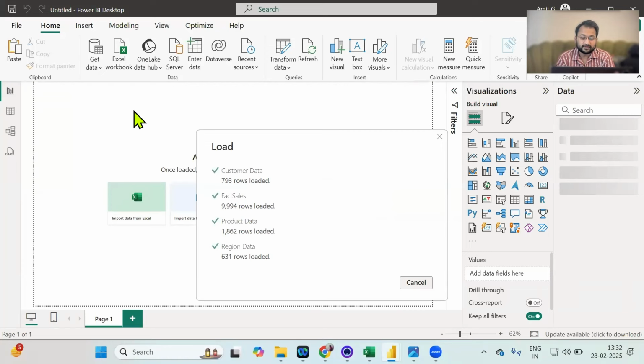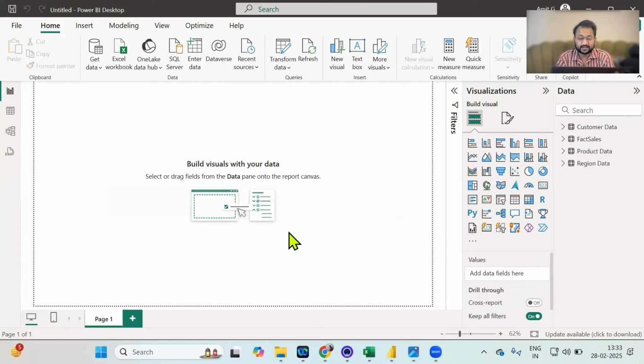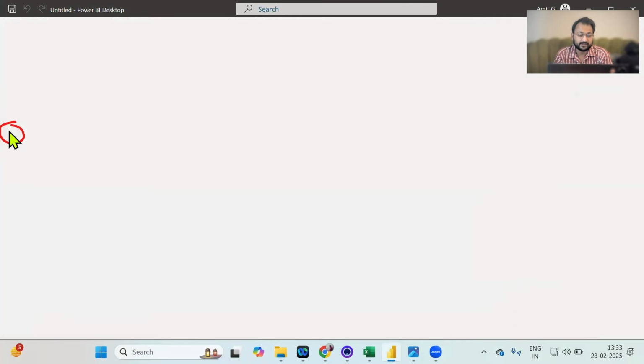So now everyone, when we talk about data modeling, data modeling is taken care of by a component called Power Pivot in Power BI. Like in the very first session, we talked about the components, Power Query, Power Pivot, and Power View. So over here, we are going to talk about Power Pivot. If you click over here on the model view, if you see this option right now, this is where the modeling in Power BI is done. So if I just click over here,